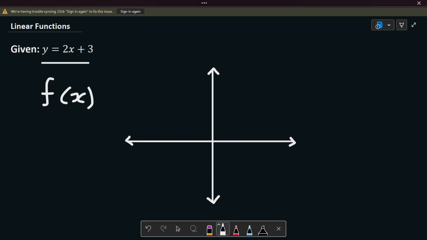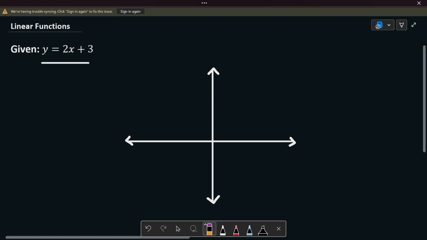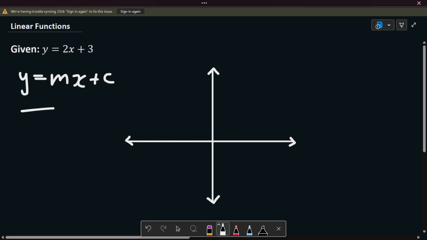So where do we start over here? Let me just get rid of this quickly. So where do we start? How do we start graphing this linear function? The first thing that we need is for the function to be in the form of y equals. I'm pretty sure you remember your teacher has told you this many times. In order to actually sketch a linear function, this is the form that your linear function has to be in: